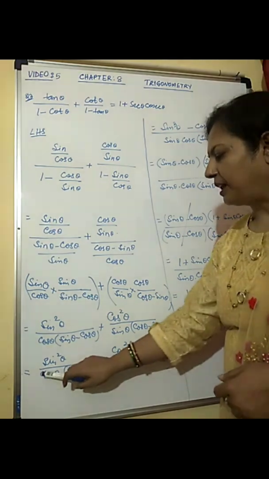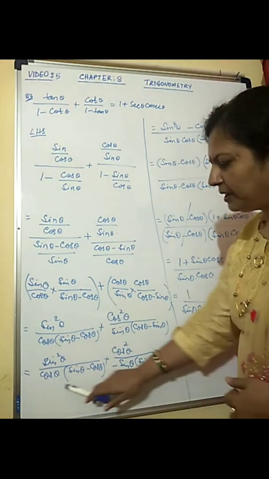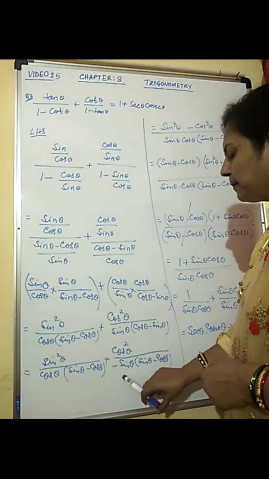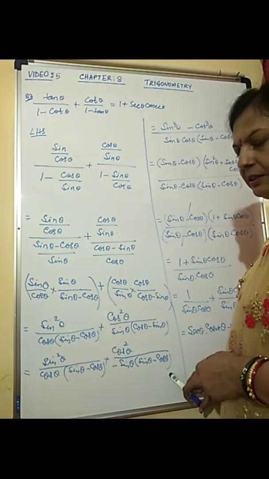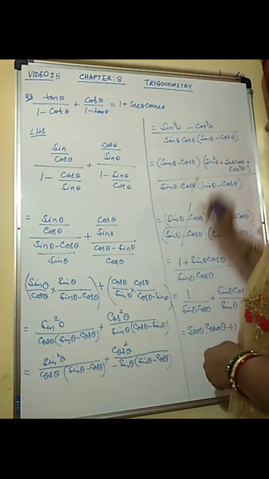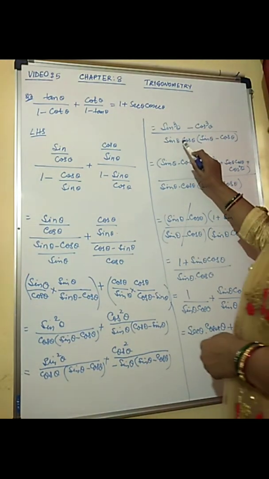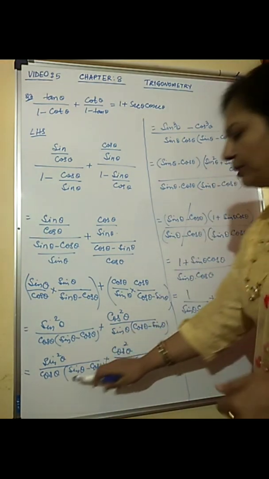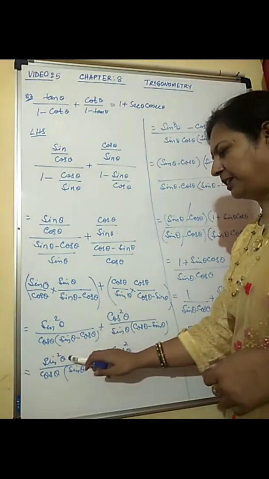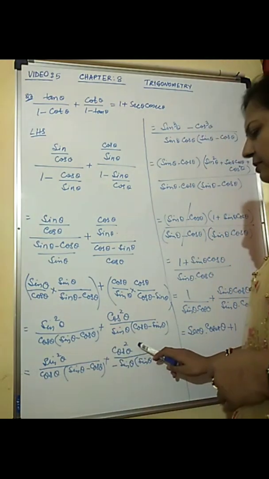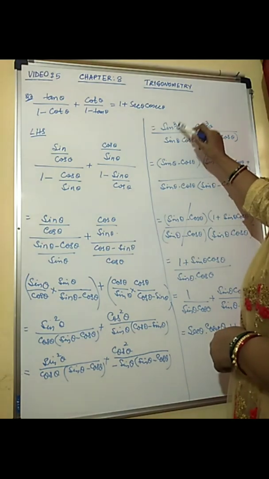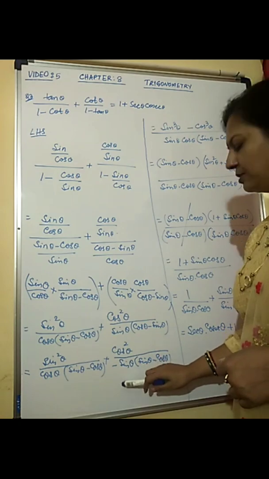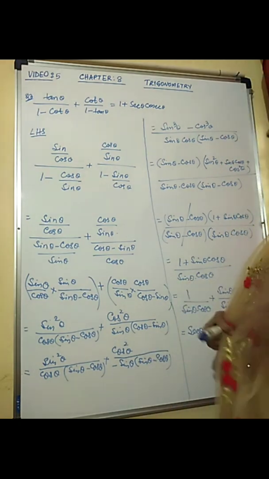So once I take a negative sign common, then the sign in the middle will change to negative. And I have taken the LCM. Now what did the denominator become? Cos theta into sin theta minus cos theta, and sin theta into sin theta minus cos theta. So once I take the LCM, it will be sin theta into cos theta and sin theta minus cos theta common in both the terms. So in this term we are deprived of sin theta, so we will multiply sin theta on this side and cos theta on this side. So we are getting in the numerator sin cube theta minus cos cube theta, minus sign because of taking minus common in this term.